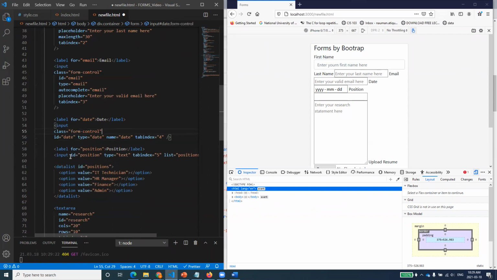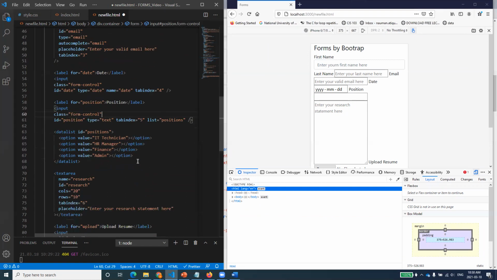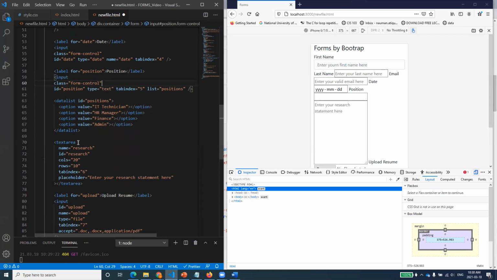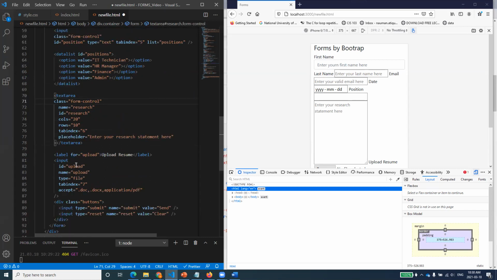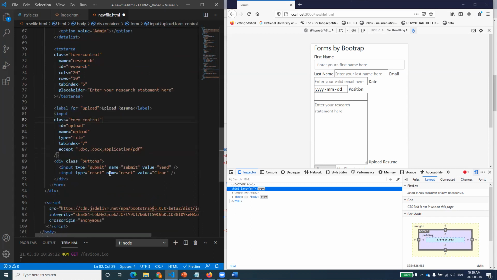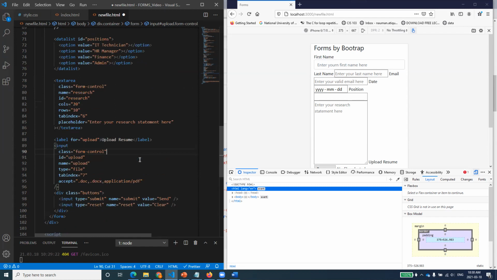For position, again, I'm just doing that regardless of anything. Later on, I can change that as well. And then you can do that for the text area as well, because the text area will also become more beautiful. And then this file upload, again, as I said, we might be changing a few things, but right now we are just giving it. I'm not giving it to the submit button. Now, if you save your document,